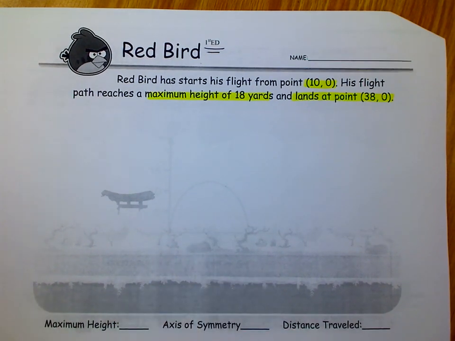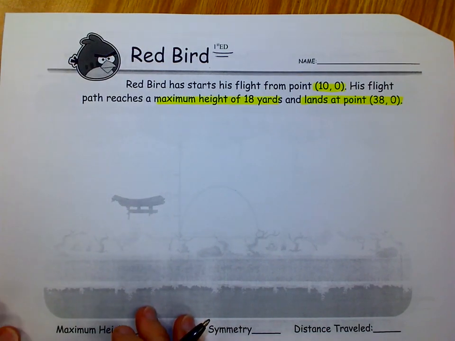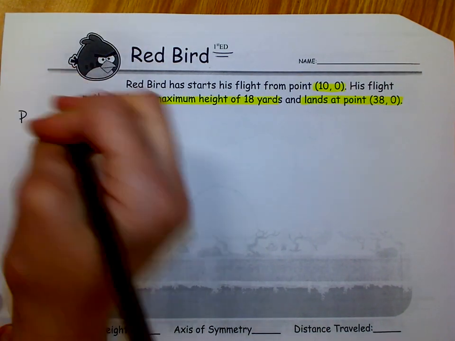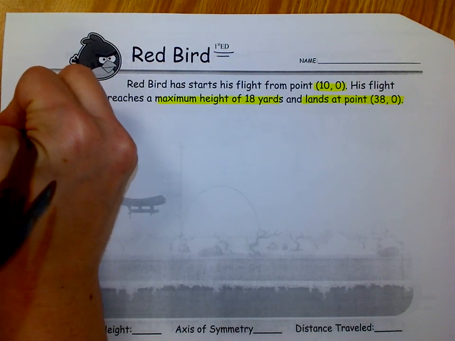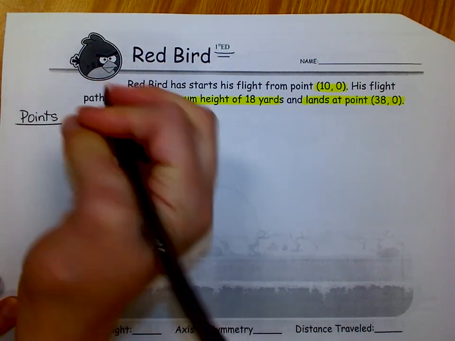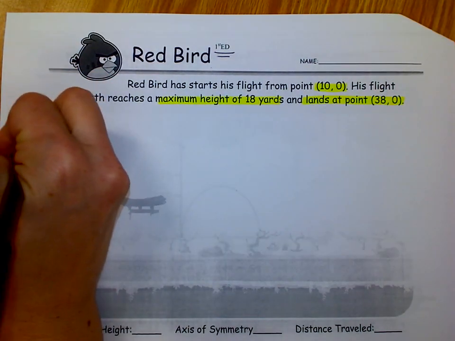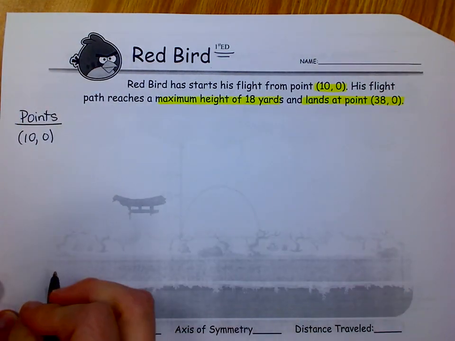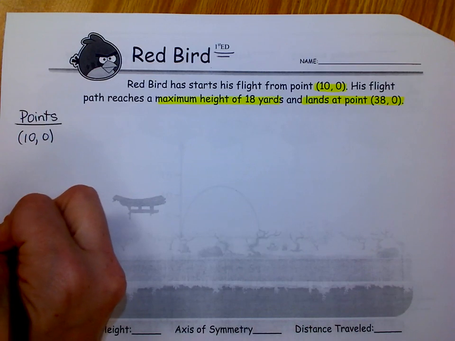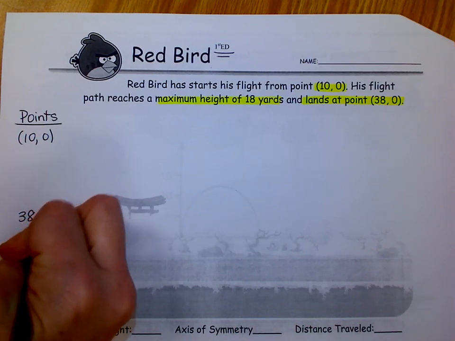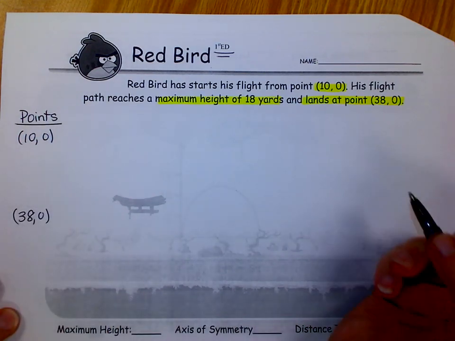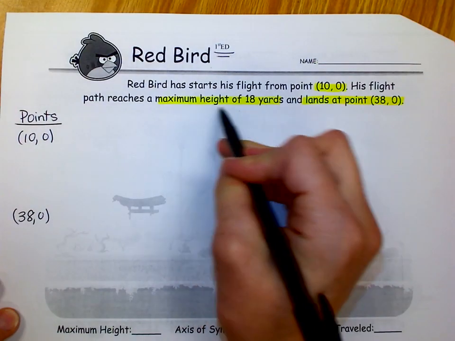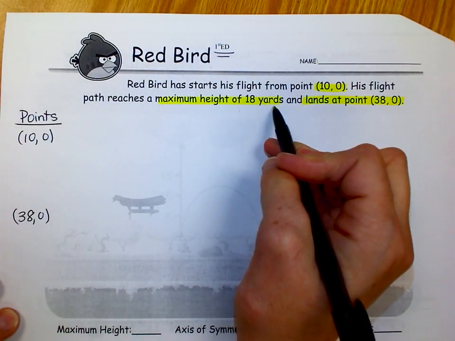Okay, so to start off with, let's think about what we do know. What we've been given is some points. So I'm going to come over here to the side and make a table of these points that we've been given. We've been given the point (10, 0). We've also been given the point (38, 0), which I'm going to put down here, and you'll see why in just a moment. And we've also been told part of another point, because we know the maximum height is 18